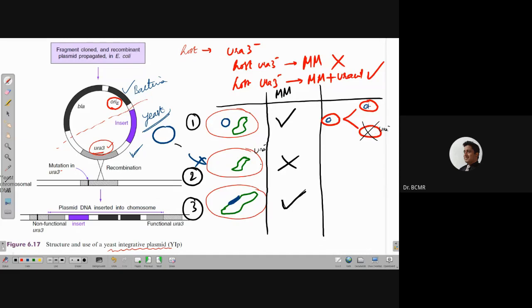Okay, so if you think of which ones will form colony and which ones will survive in minimal medium, this will survive, and also this one. Which will form a colony? This will not form a colony, because it will only remain as one single cell. Again, if this divides, one will inherit the vector, the other one will die, right? It's not going to happen. So now we have the third scenario,